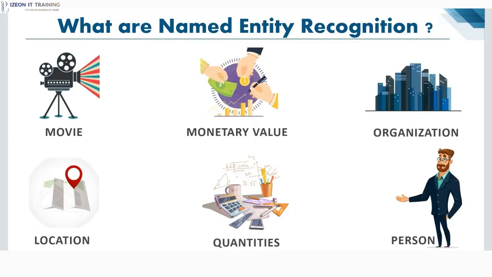Now, under named entity recognition, we have three types of identification here. We have the noun phrase identification. This step deals with extracting all the noun phrases from a text using dependency parsing and parts of speech tagging. Then we have the phrase classification. This is the classification step in which all the extracted noun phrases are classified into respective categories, which are the location, names, organization, and much more.